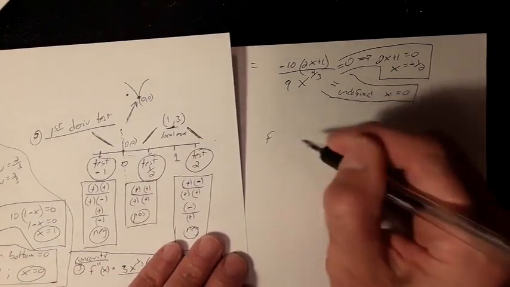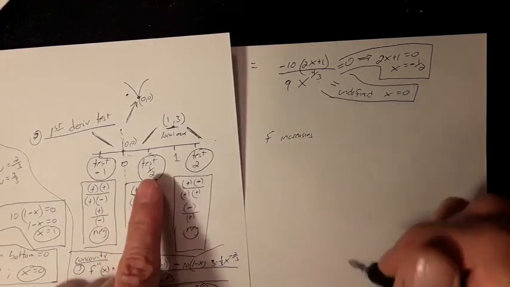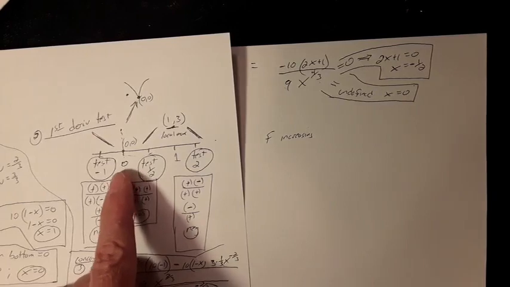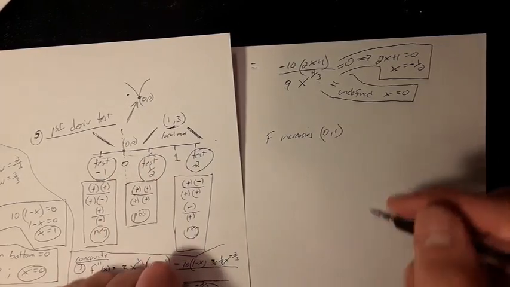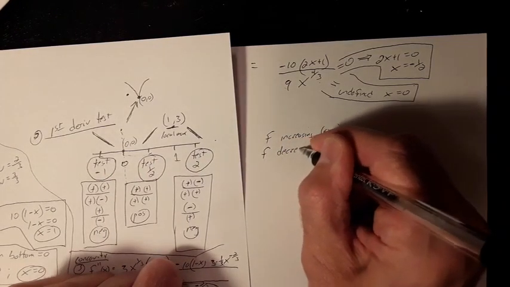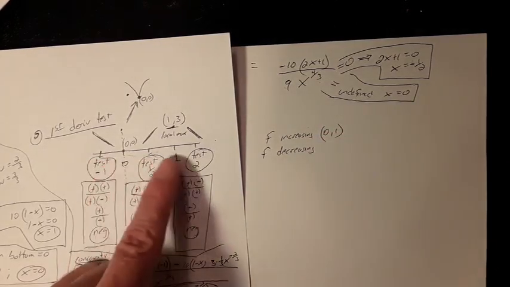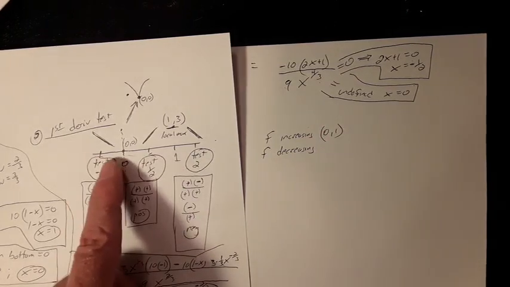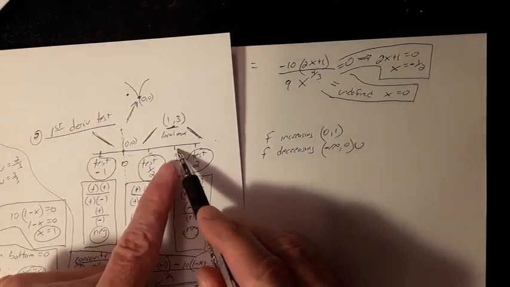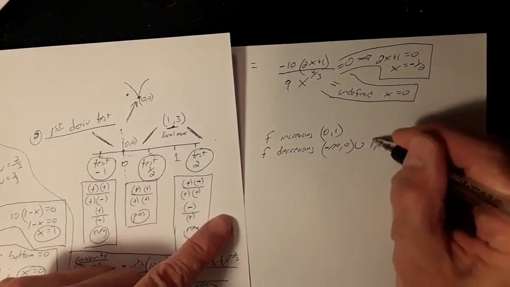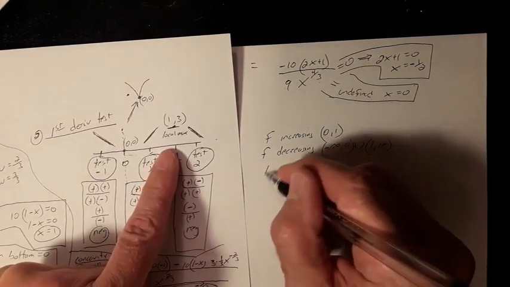This function is increasing when f prime is greater than 0. And we can see it right off our first derivative test. It's increasing from 0 to 1. It's decreasing when f prime is negative. You can see it right off the sketch here. It's decreasing from negative infinity to 0. And it's decreasing from 1 to infinity. We've got a local max